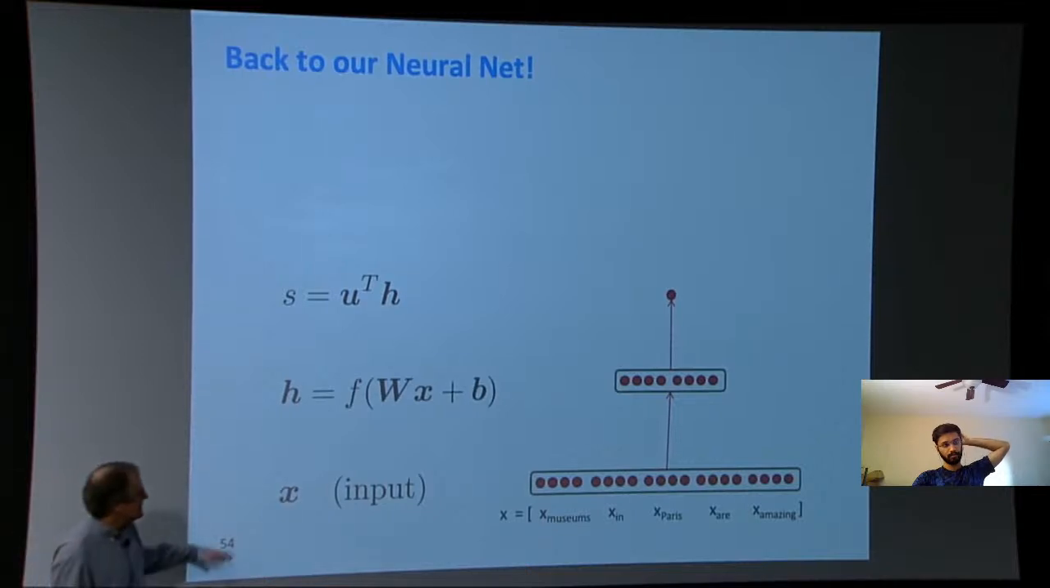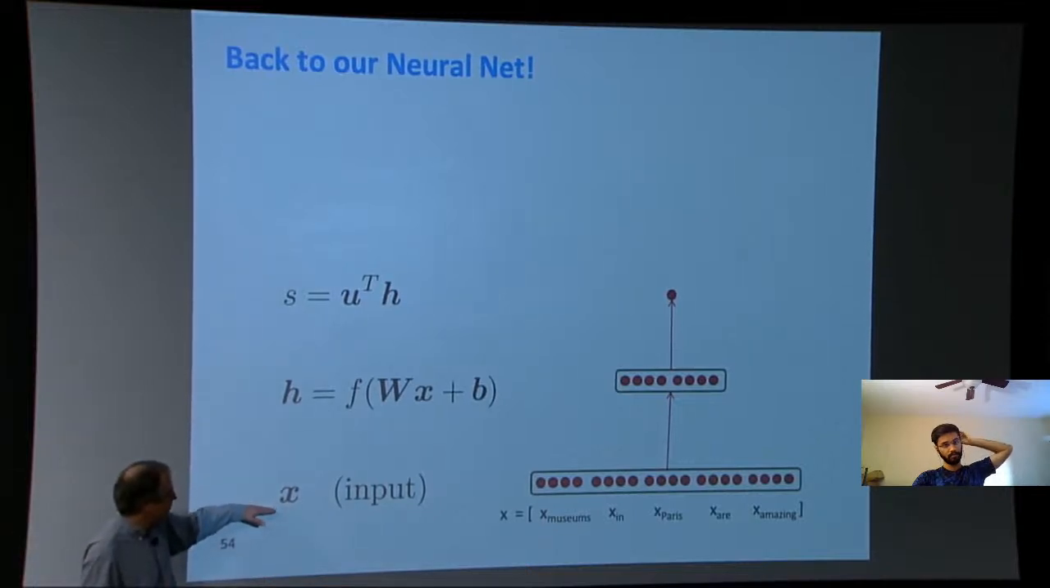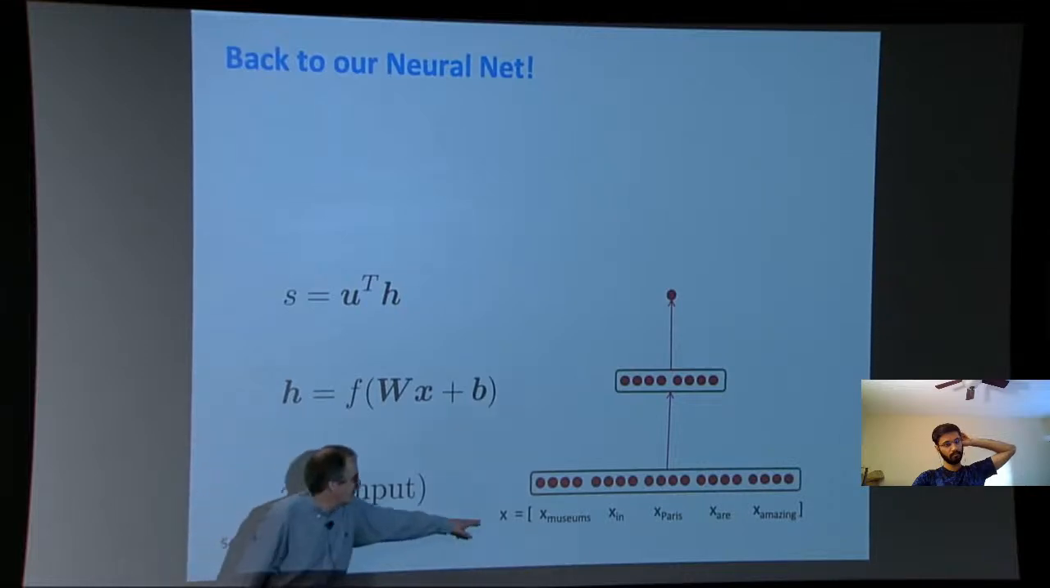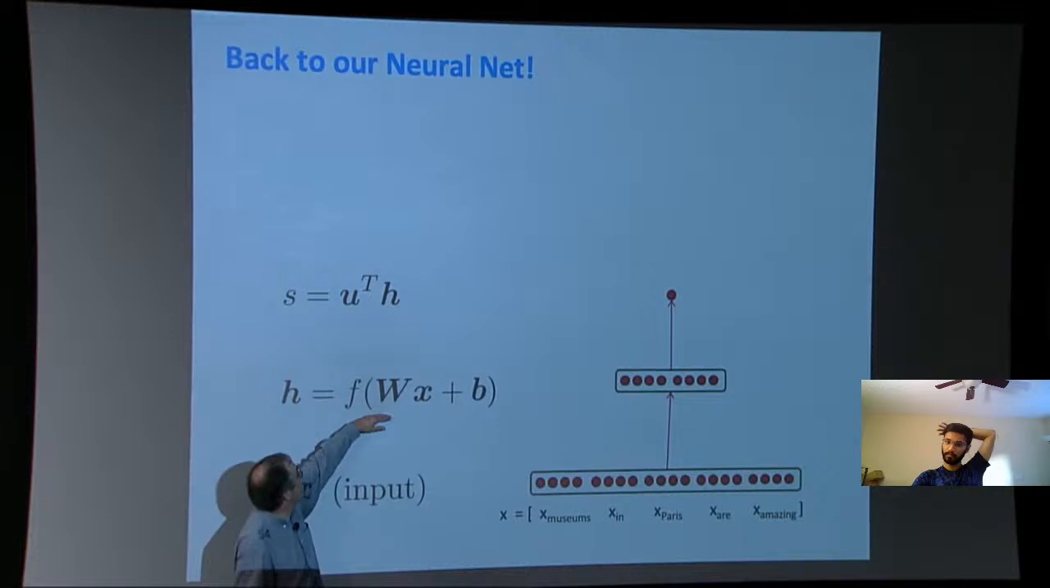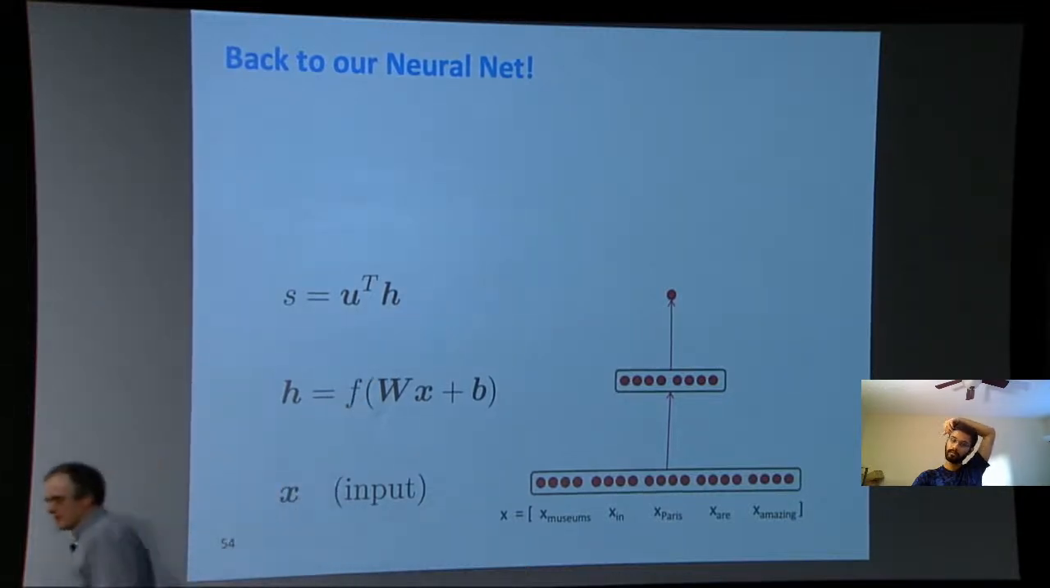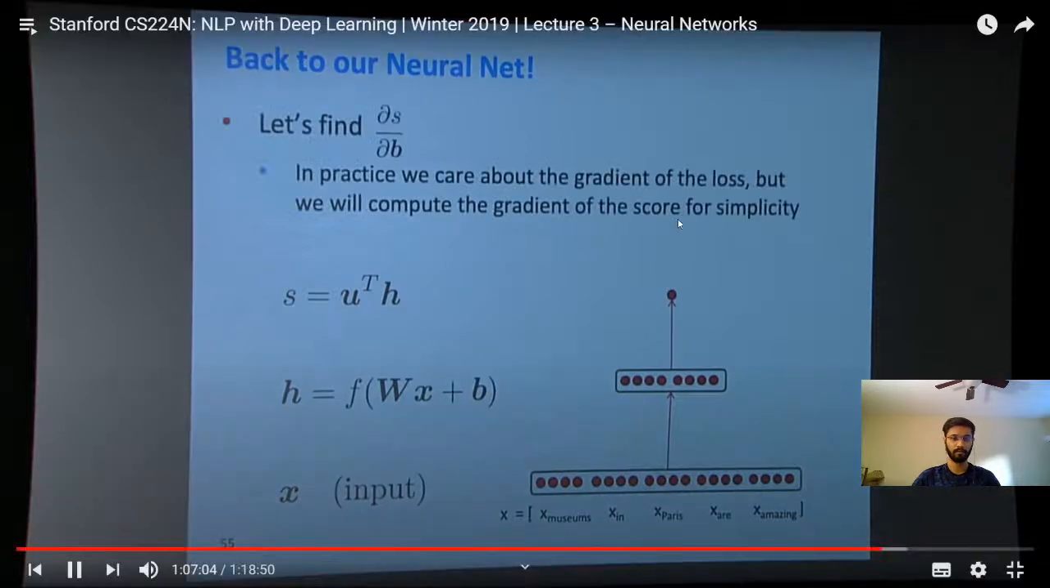Okay, so here's the same neural network we saw before. We have a window of words, we look up word vectors, we put them through a hidden layer, and then we do a vector dot product to get this final score. And what we want to do to be able to train our neural network